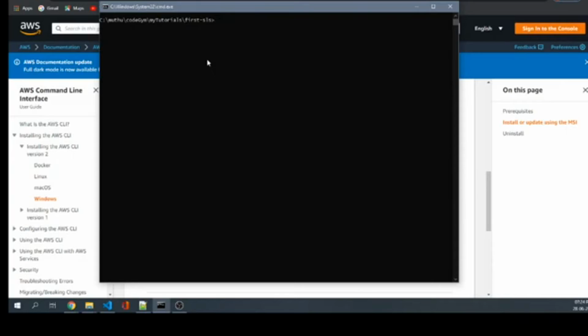And to check the version of serverless framework, you can use serverless version command, and there is an alternative to use serverless, that keyword. You can use SLS instead of serverless. So to create a Lambda function using Node.js using serverless framework, we have a create command which can be used,